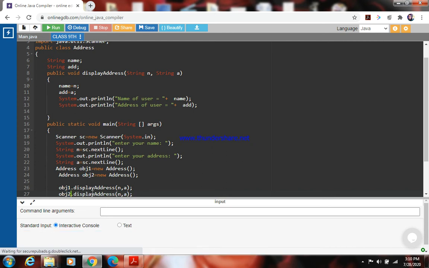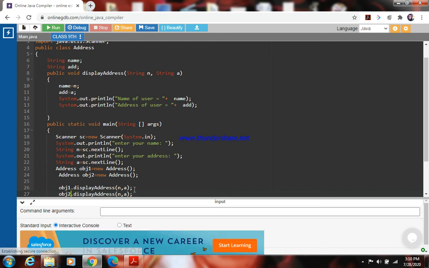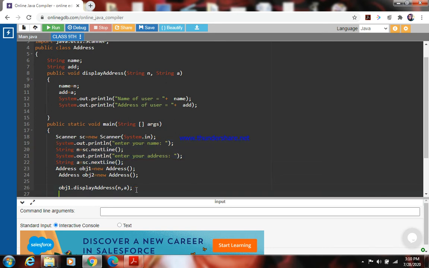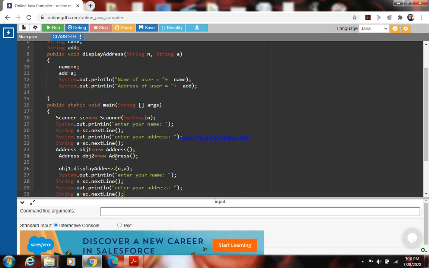So again, suppose what I will do is I'll repeat this. What I have done is I have created one object on this line and object 2 here.